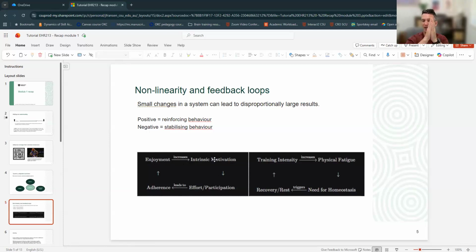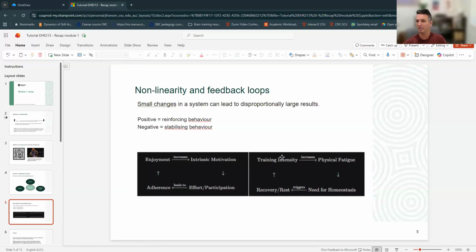So once you start thinking, rather than a linear A causes B model, in these feedback loops, all of a sudden it raises all kinds of interesting ways to design interventions. Because here in this feedback loop, or in the stabilizing feedback loop, we can design interventions on any one of these components. We can, for example, give them better nutrition so they recover faster. Right? Or we can ensure that their rest is of higher quality, or we can decrease the training intensity, etc. So there are all kinds of ways in which you can intervene in this feedback loop.